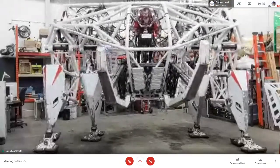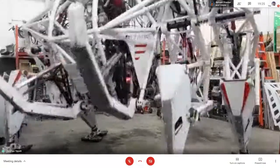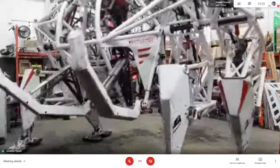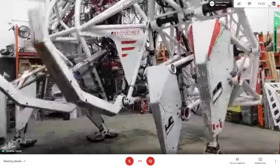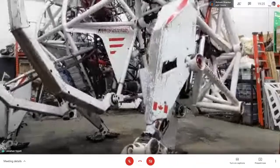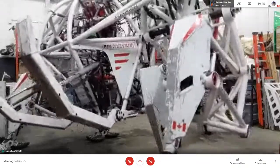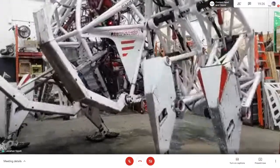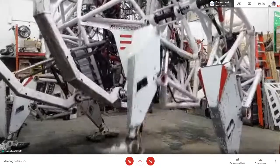So you can see here, let's see if I can walk it a little closer to the bit of a tight squeeze. You can see the outside legs are controlled by my arms. The inside legs are controlled by my legs, my knees,